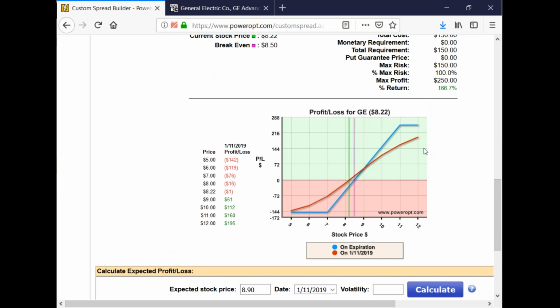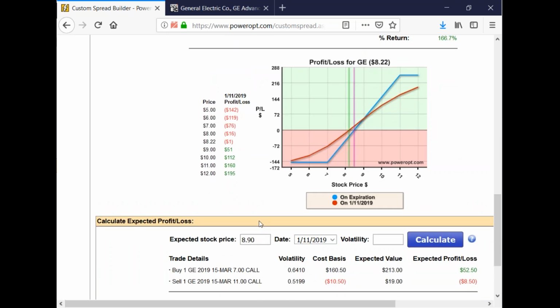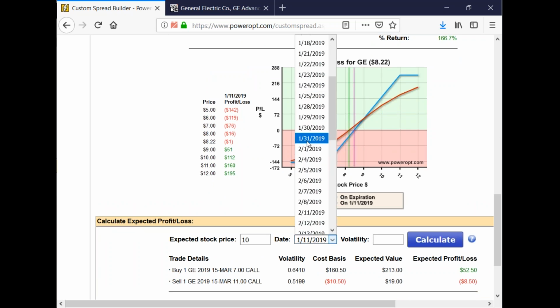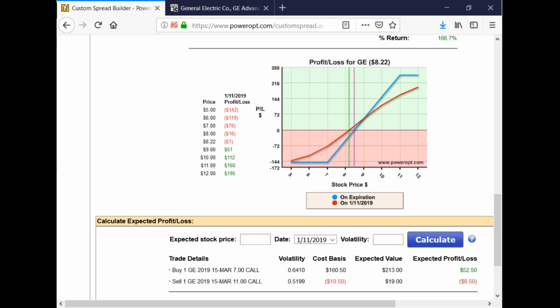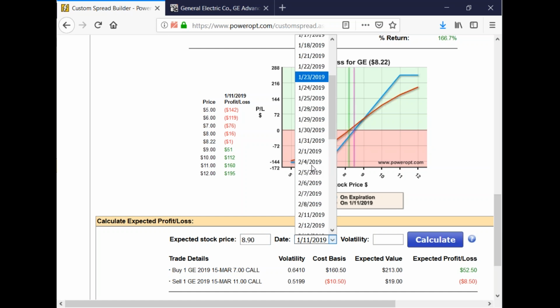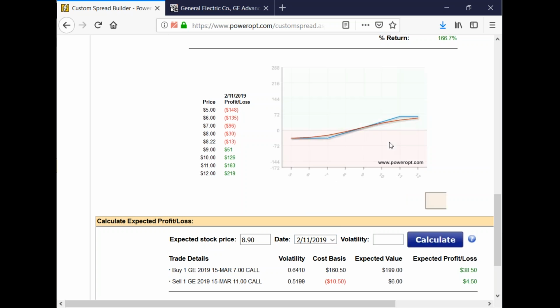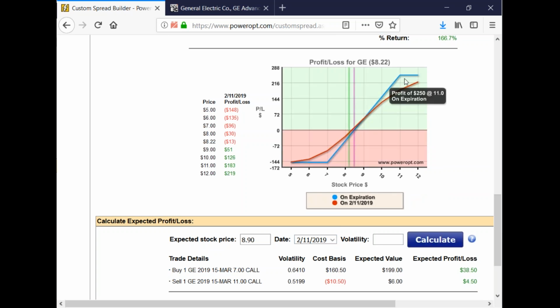Okay, but just like a calendar spread and just like a covered call, as the stock moves up, we're going to be able to see more profit on the position. Now, time decay also works in your favor here. Yes, you're going to lose on the long, which started out in the money, but the short is also going to decay as well. Let me go back to $8.90. And even if it takes a month to move up a little bit more here as we get closer to expiration, let's go to halfway between, getting close to that end of March expiration,